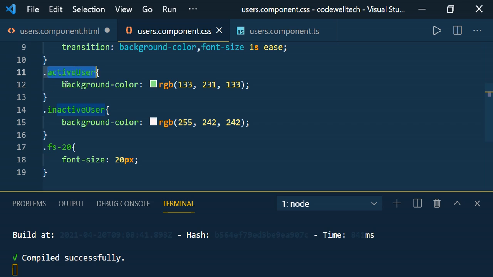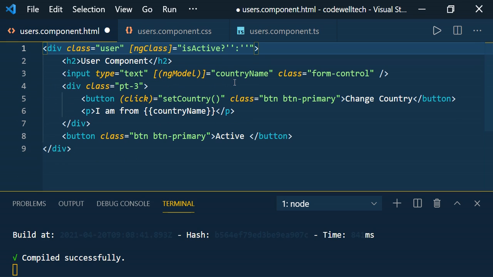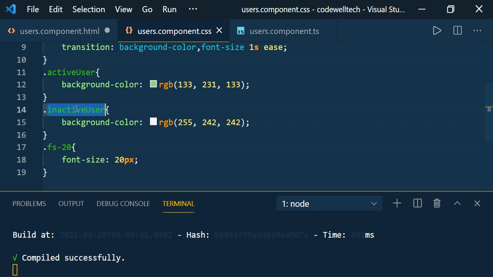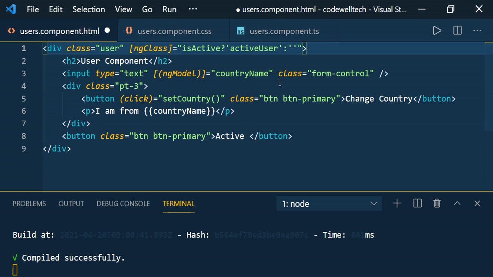Whenever it is active, add the class called active user. So isActive true means we add active user, and if it is false we add the inactive user class. Take this, copy and paste. It is very simple. If isActive is true, then add the CSS class active user, else add the CSS class inactive user.